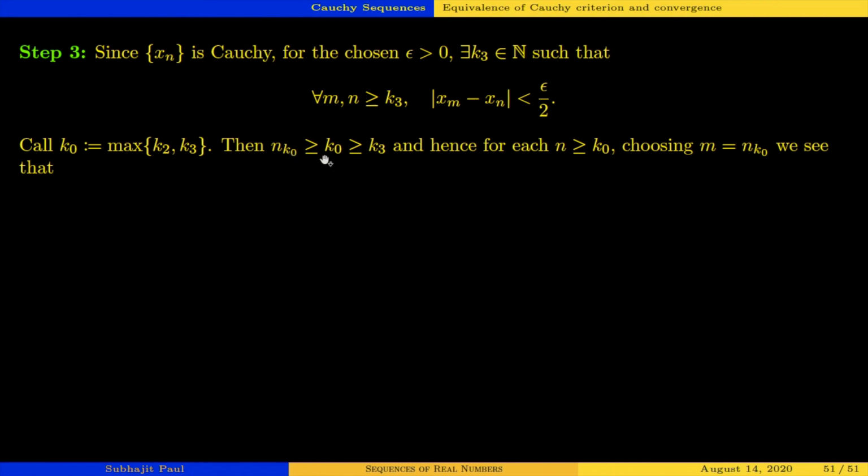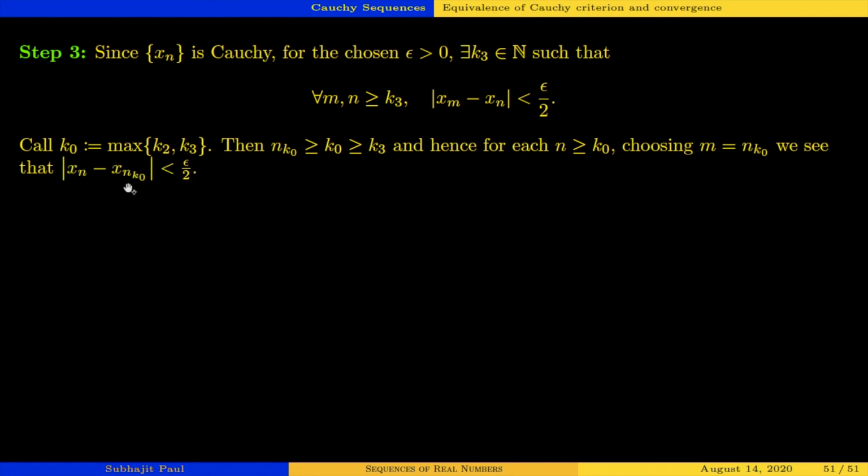This is from the definition of subsequence, that the index sequence is a strictly increasing sequence. So nk naught must be greater than or equal to k naught. K naught is greater than or equal to K3 just by this, since it is the maximum, and hence for each n greater than k naught, choosing m equal to nk naught, we see that